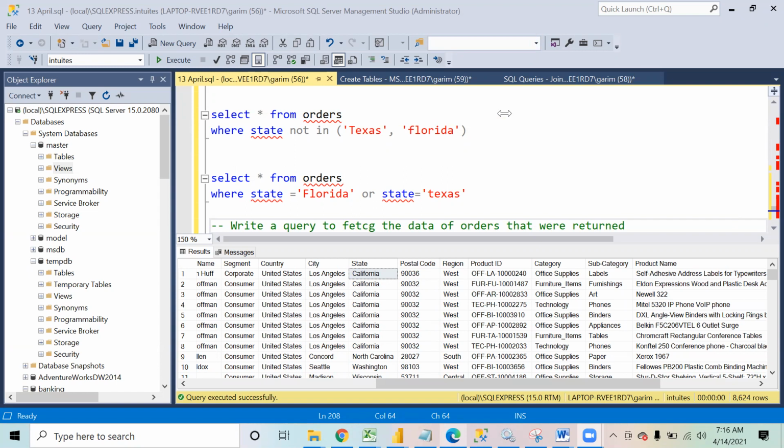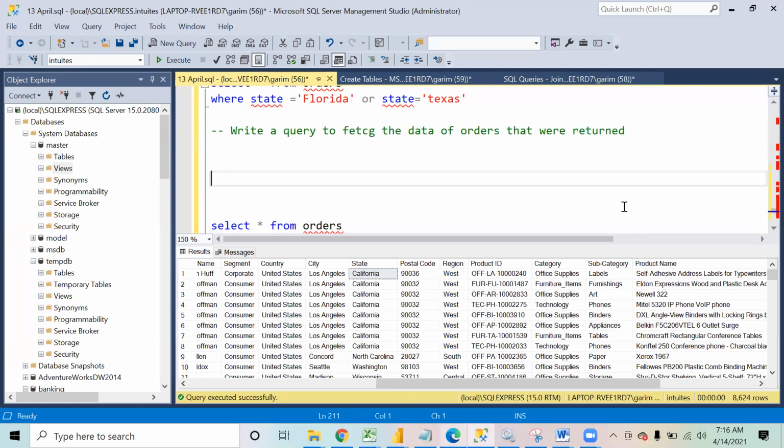So basically, suppose I say, let me explain this. If I say select max of sales from orders, it gives me the highest value.